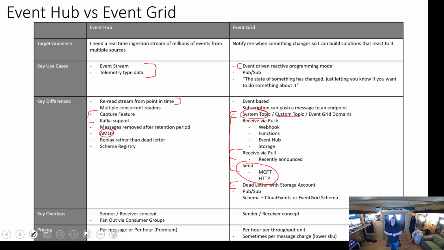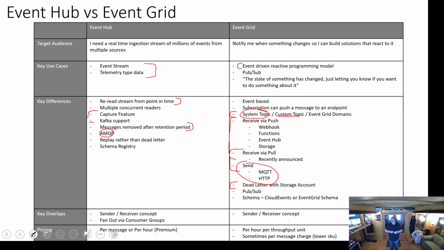Event Hub's different. With Event Hub, the data goes onto the stream, and if you see this note here, it stays on the stream until it reaches the retention period. With Event Grid, if it's delivered, the message goes away, it'll retry a number of times, then it'll dead letter, and then it's gone. The messages on the Event Hub stay up until whatever retention period you've configured, which means from an error and retry scenario, you can wind back to an earlier point in the stream and reread messages. So let's say you had systems down today, you go back to yesterday and reread the entire stream,